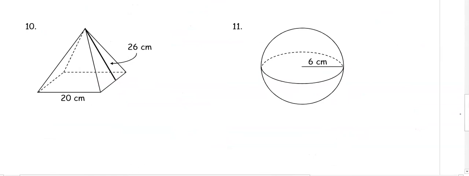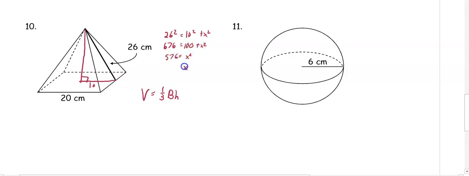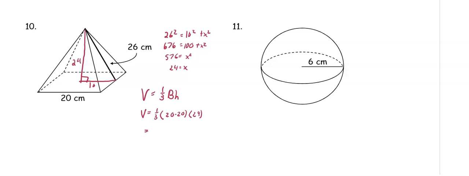In number 10, we have a square pyramid. We know that the slant height is 26, but we need the regular height when we are doing volume because the volume is 1/3 base area times height. If I split the base in half, I get 10. When I do Pythagorean theorem, 26 squared equals 10 squared plus x squared. 676 equals 100 plus x squared. 576 equals x squared. So x is 24. So our volume is going to be 1/3 times the base area, which is 20 times 20, times the height, which is 24. As we multiply here, we have 400 times 24 times 1/3, which gets us 3,200